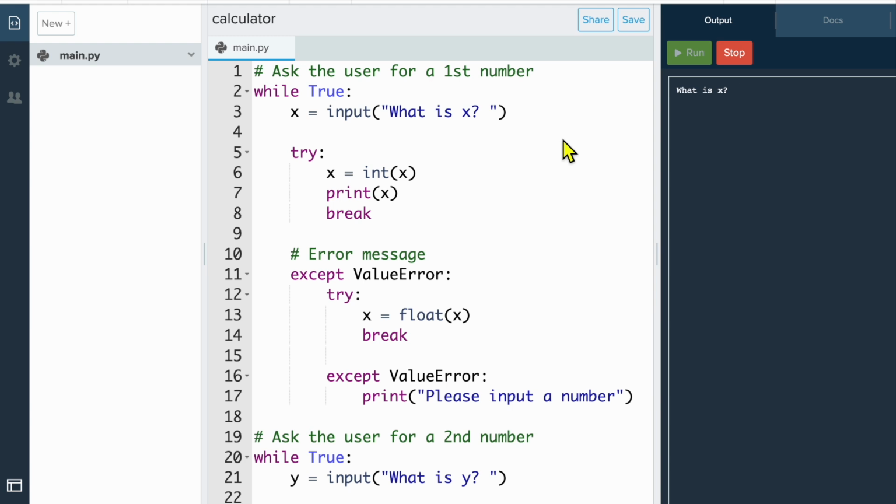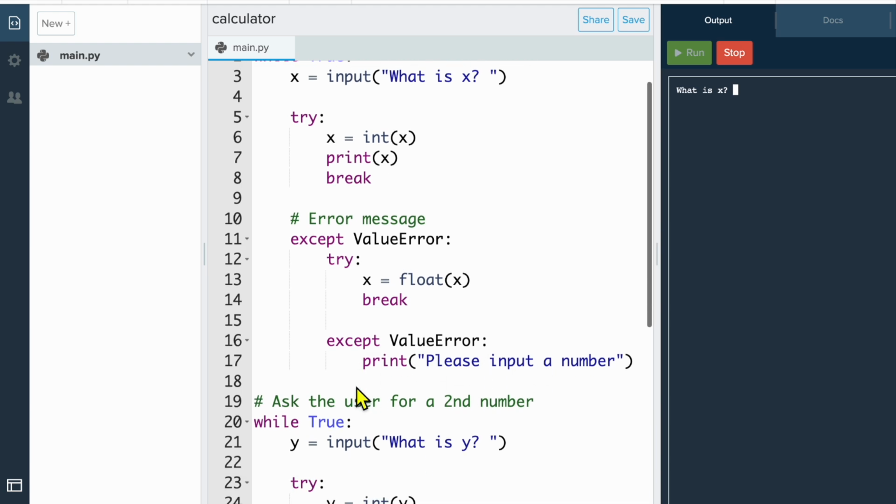So I've got my code here to ask the user for a number, so x first of all, and then I'm trying to convert it into an integer. If that's successful, great, I break out of the loop and I go into the second number. If I can't convert it to an integer, I'm going to try and convert it into a float. Again, if successful, great. If I can't do that, then I'm going to print this message for the user here,